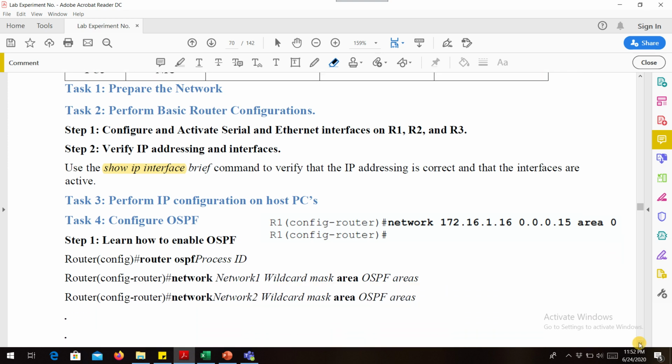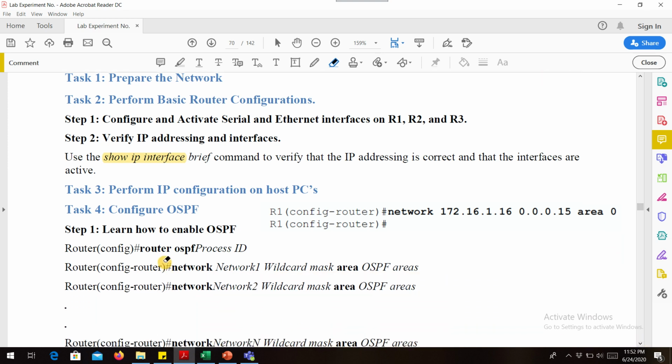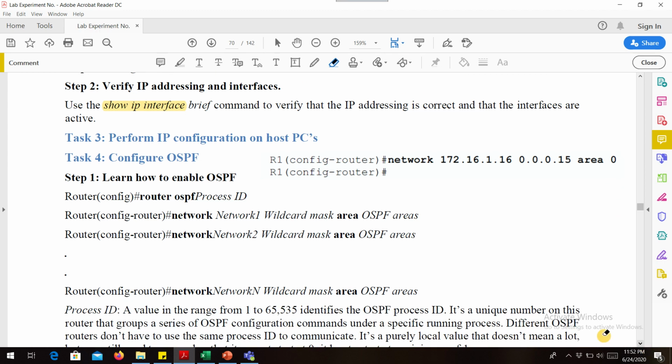The first command to enter OSPF is router ospf and the process ID. Process ID can be written as 1 here, and after entering into the router OSPF, the network command is used. You can see that after the network ID, the wildcard mask and area are used.